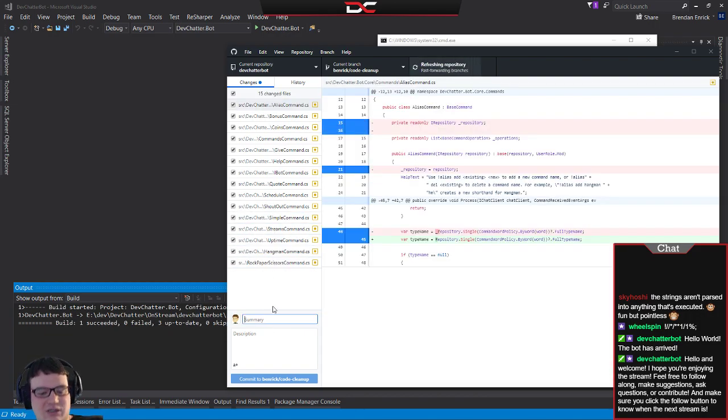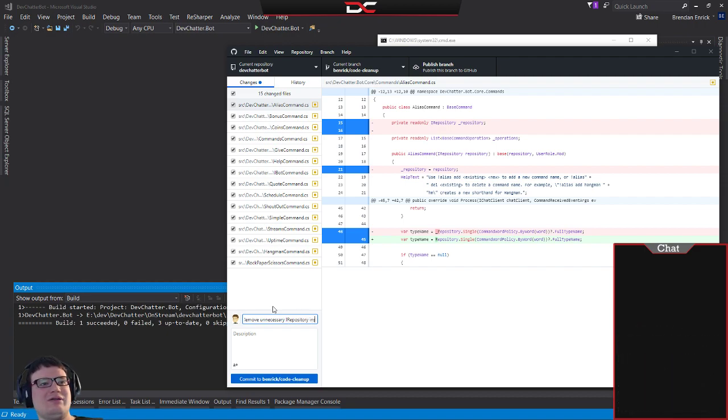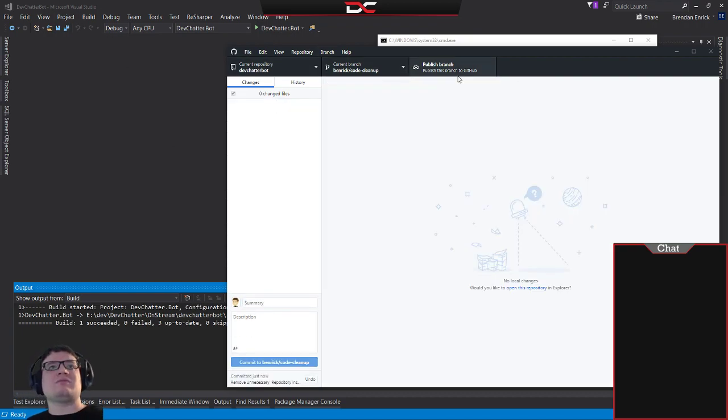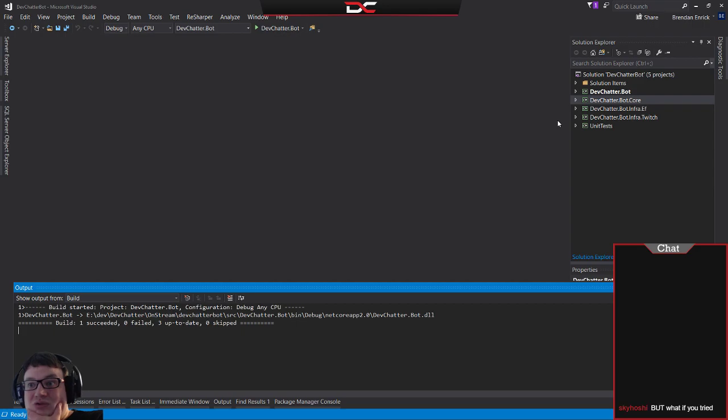So I'm going to say remove unnecessary IRepository instances is what that code cleanup is. We're going to push this up to GitHub,